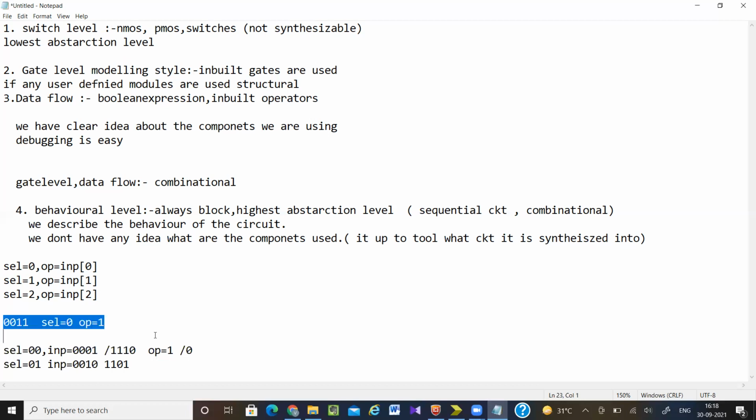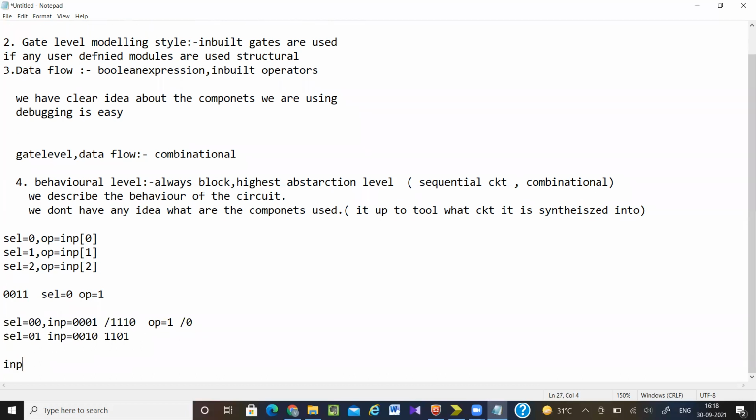And if you want, I can check all the possible combinations. For input there are 16 combinations, for select line there are 4 combinations, so total 64 combinations. Yes, you can do this.